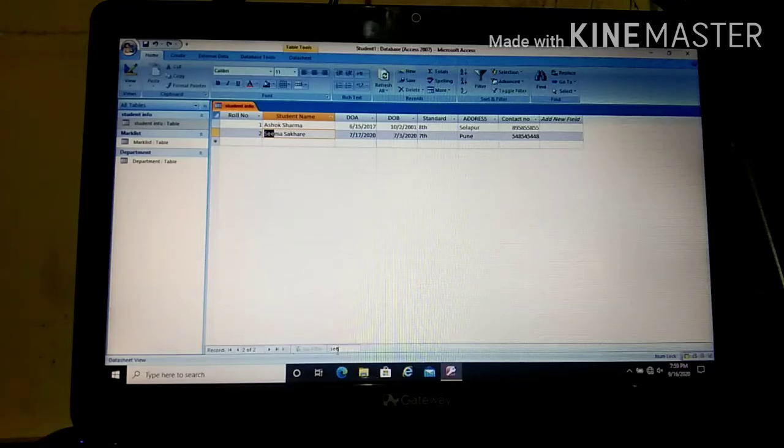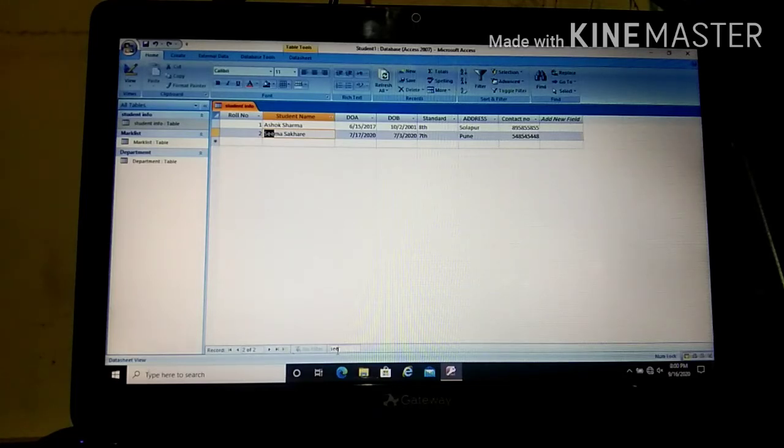Okay, now the next and last point in your chapter, that is the lookup wizard. Now what is the lookup wizard? A lookup column allows you to select a value from another table or from a list of values. For example, a student of class 12 can opt for only one of the following departments for his or her further studies. You can create a department table that lists the departments and then use the list in the student table to select the department of the students.